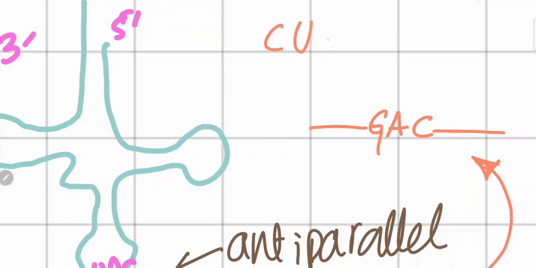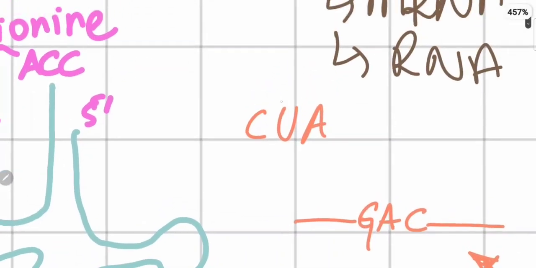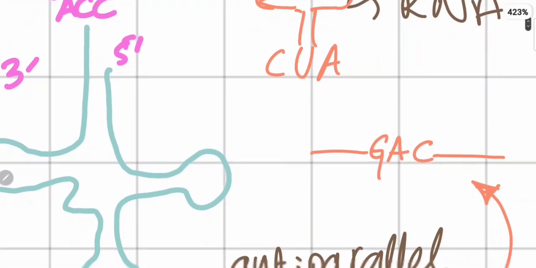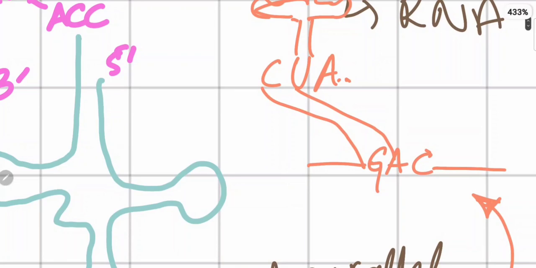So let's see, it does not have G, it has A, right? So this is located within our transfer RNA. Okay, this is located with our transfer RNA, right? Now you see this is complementary to this, but this is not complementary. But according to the wobble hypothesis, the transfer RNA is not going to be concerned about the last base and is still going to get bound to this mRNA and attach